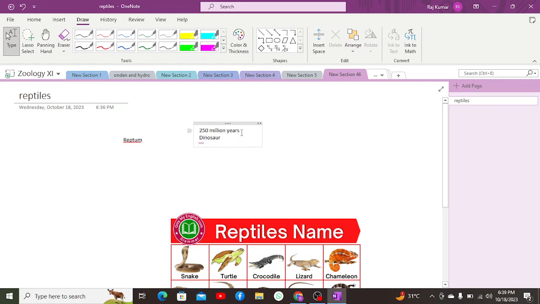They flourished during the Mesozoic period, which was around 225 to 65 million years ago. And dinosaurs, which are also reptiles, evolved 150 million years ago during different eras. Apart from which, the reptiles present on Earth today evolved from dinosaurs of the Jurassic period